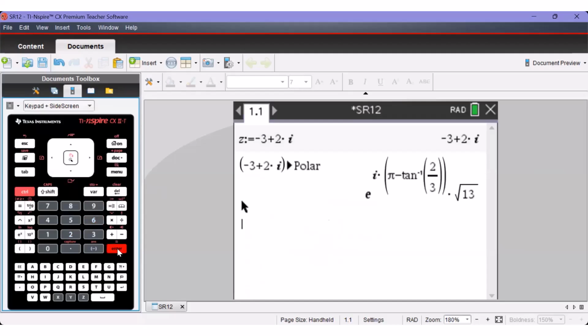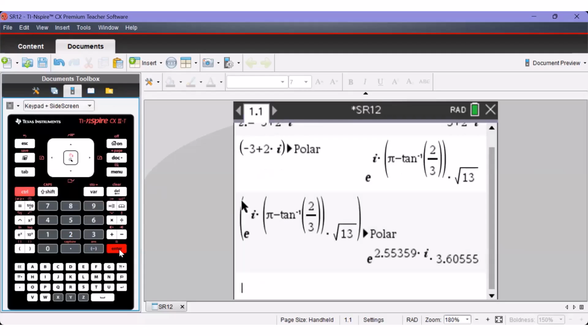We press enter, and notice that we get an exact answer. If you have a look above the enter key, there's an approximately equal sign. Press control enter, and it gives us the decimal form for complex number z. And the way to interpret this is that z is equal to, correct to 2 decimal places,